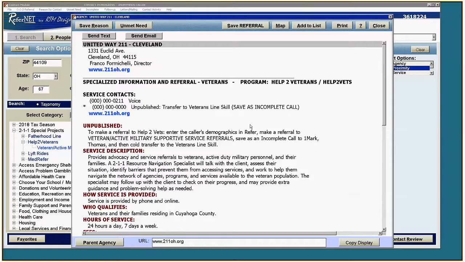So I'm going to go ahead and open this up. The service description is as follows. Provides advocacy and service referrals to veterans, active duty military personnel, and their families. A 211 resource navigation specialist will talk with the client, assess their situation, identify barriers that prevent them from accessing services, and work to help them navigate the network of agencies, programs, and services available to the veteran population. The specialist may follow up with the client to check on their progress and may provide extra guidance and problem-solving